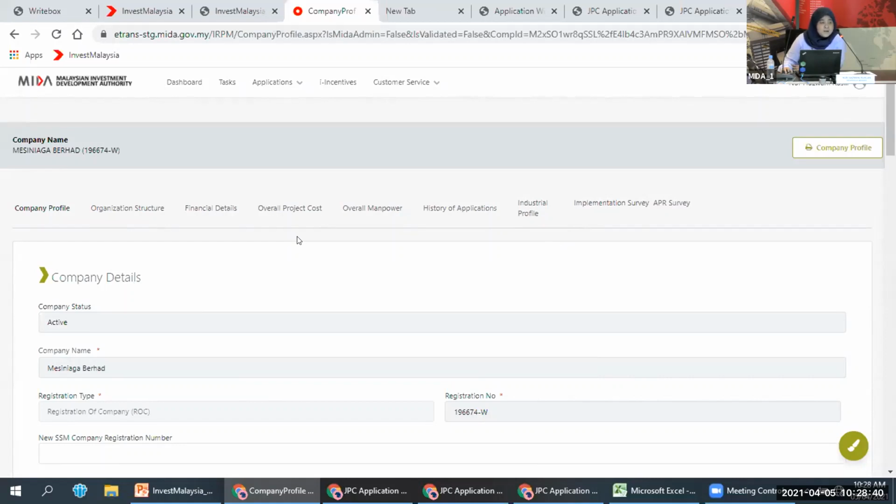Okay, the other sections are more related to other applications. For example, if you apply for a new manufacturing project, meaning you're applying for a new manufacturing license, or maybe you're applying for incentive application, expected post, or other applications. So you can see your applications listed here. Your manufacturing license, your incentive approval, your grant approval, all will be listed in this company profile. That's why I said the new company profile is more comprehensive compared to the one that you've been seeing since 2019 or last year.